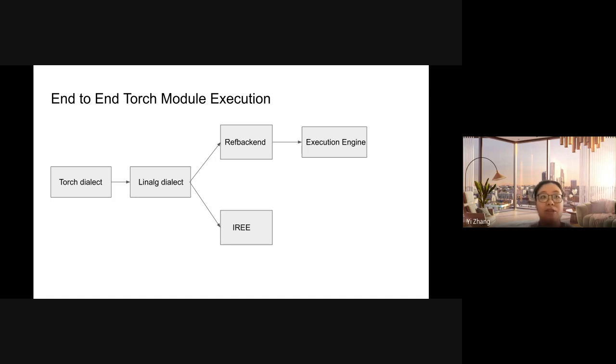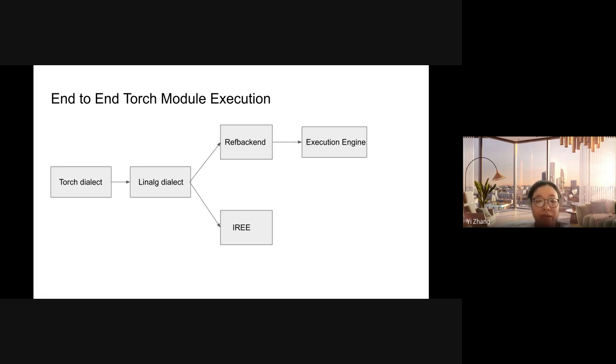A big part of the project is that we need to lower the Torch operators from the Torch dialect to the Linalg dialect. We chose the Linalg dialect because it's powerful and can easily model most of the torch ops we need. Also, the Linalg dialect has very good backend support and good support in the MLIR ecosystem.